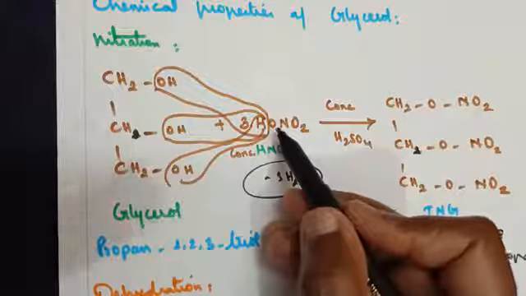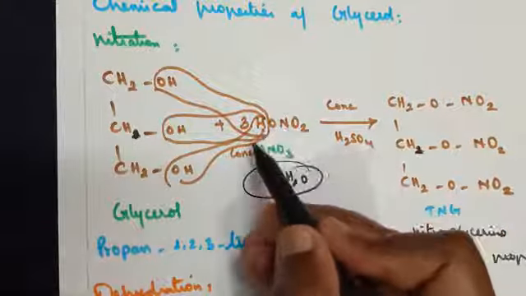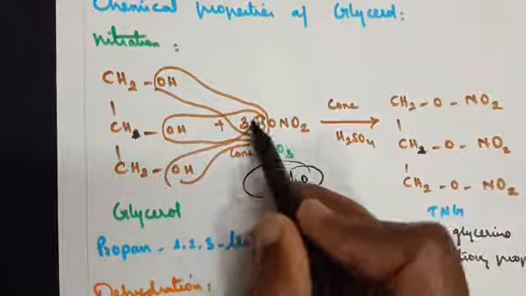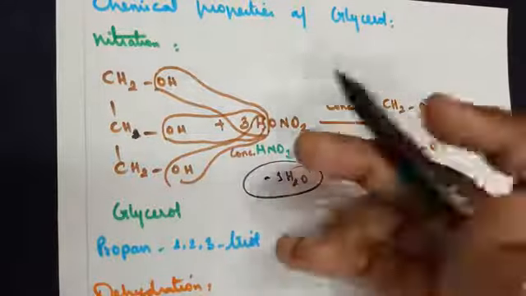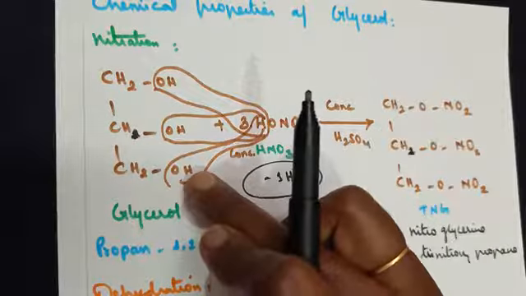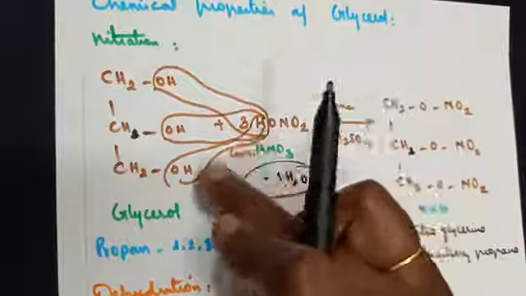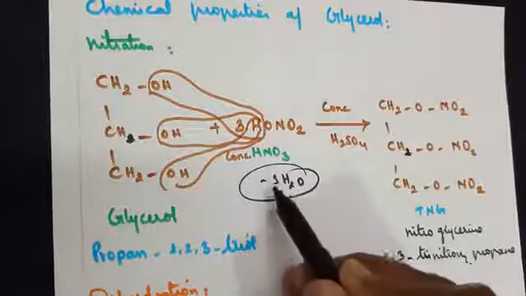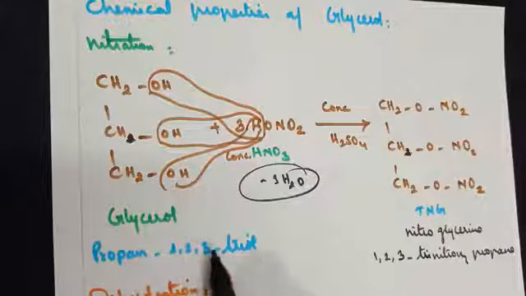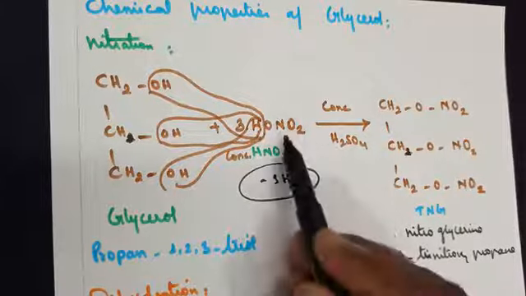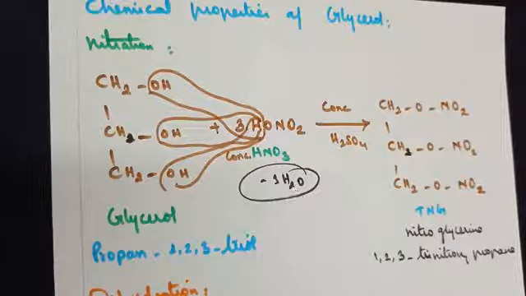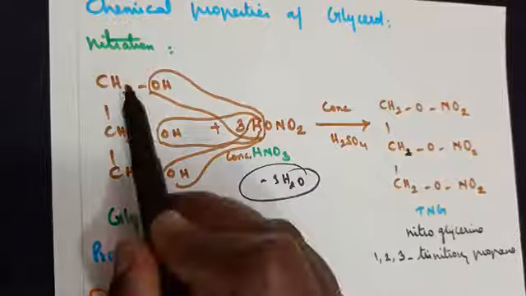Since there are three molecules of nitric acid, another one, if you consider OH from here and another hydrogen from here, forms the second molecule of water. The third nitric acid also has one hydrogen, so combining with your hydroxyl group, we get a third molecule of water. So as a result, when you treat glycerol, or propan-1,2,3-triol, with concentrated nitric acid, three molecules of water are lost. So we are left over with